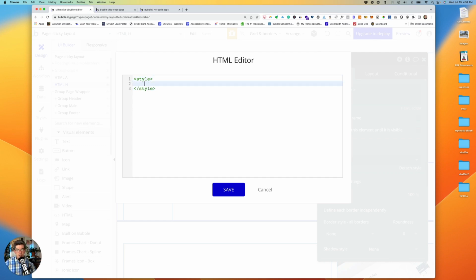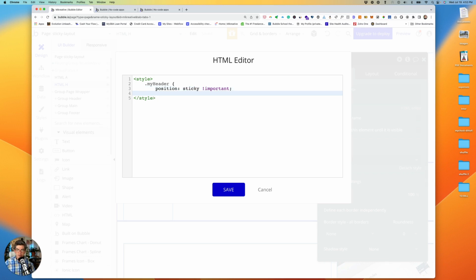Between those two tags, we want to add a dot, and then my header, space, open curly bracket, return, then position, colon, space, sticky, space, exclamation mark, important, semicolon,